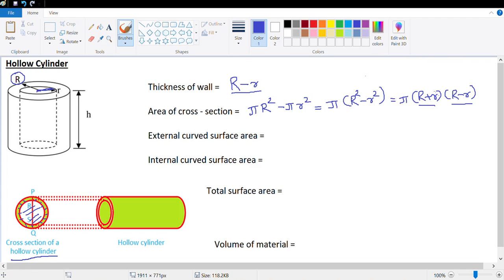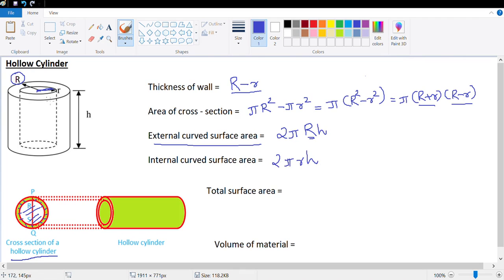Next, the external curved surface area, which is basically the curved surface area of the bigger cylinder, is equal to 2 pi capital R h, because capital R is the radius of the bigger cylinder, and height in any case is the same for both the external cylinder as well as the inner cylinder. Let's look at the internal curved surface area or the inner curved surface area. That's again the curved surface area of a smaller cylinder, which is again given by the formula 2 pi r h. This time the r is small r, because small r is the radius of the